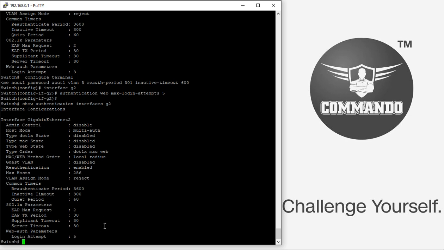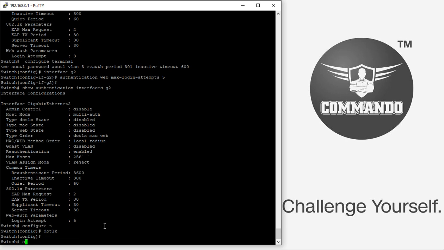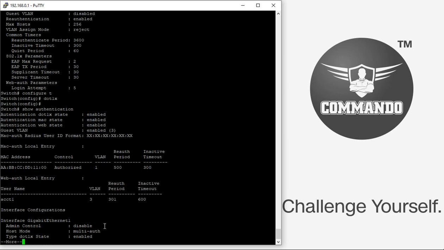The switch supports 802.1x DOT1X port-based access control that prevents unauthorized access to the network by requiring users to first submit credentials for authentication. Client authentication is controlled centrally by a RADIUS server using EAP, Extensible Authentication Protocol. So let's configure how to enable 802.1x authentication. Configure terminal, then DOT1x, enter. So show authentication will show this is enabled